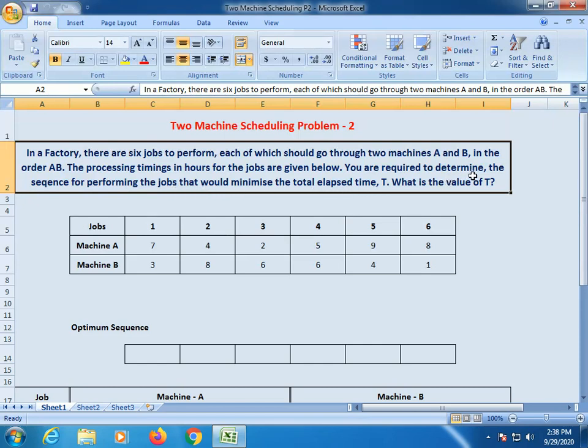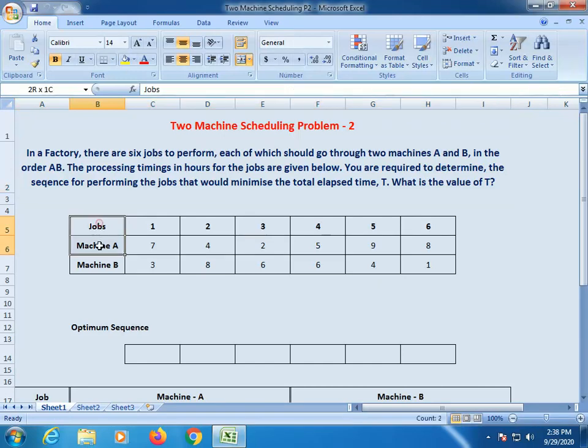So we have to determine the sequence. With the help of that sequence we can minimize the total elapsed time, that is T. Then we have to identify the value of T. So this is the problem, and here we have 6 jobs and two machine